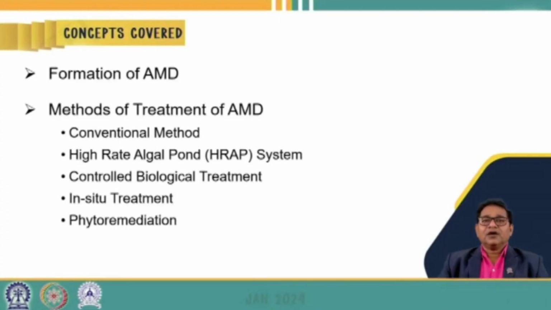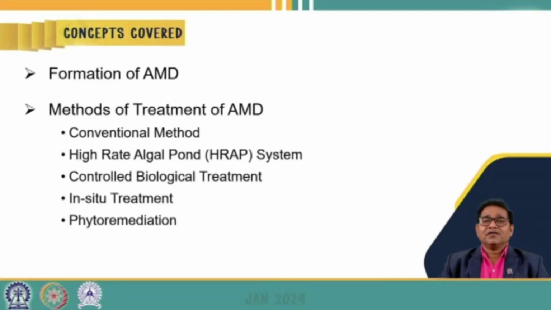Under this, what we are going to cover is how this acid mine drainage is generated from underground mines, and then we will be looking at various treatment technologies, various methods which are used for treatment of acid mine drainage. Here we will be including the conventional neutralization and precipitation method, and the high rate algal pond system for treatment of